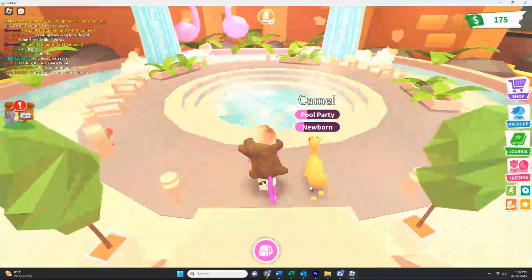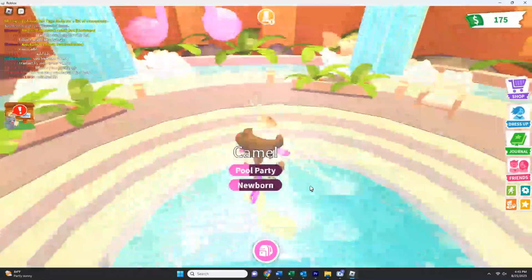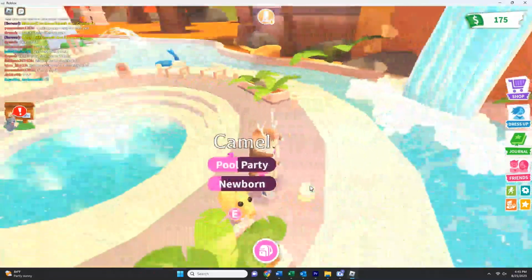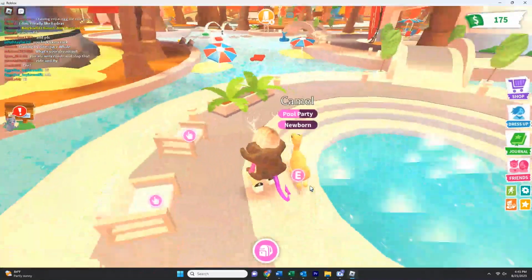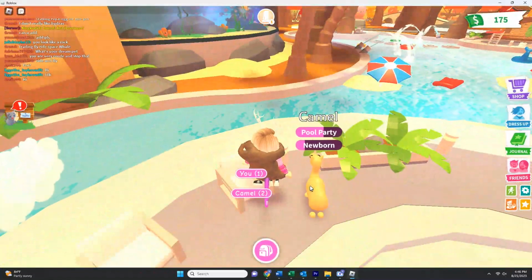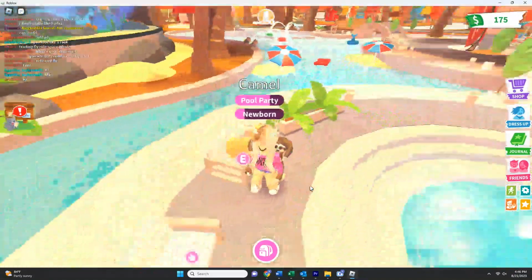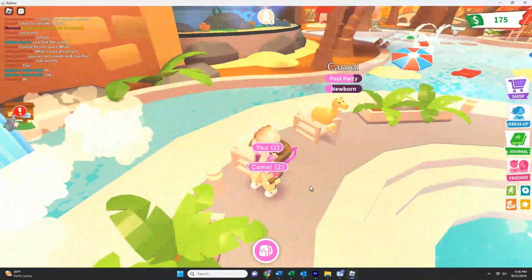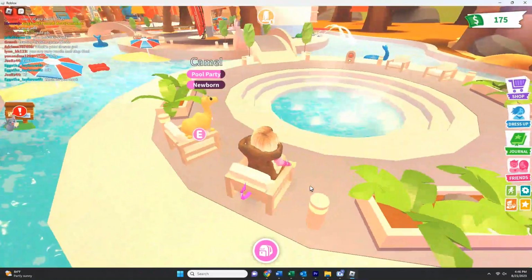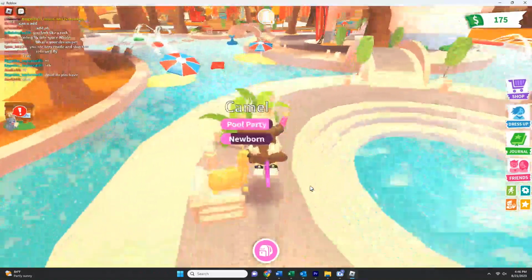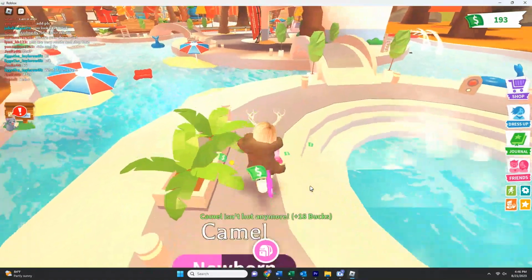If you look in the upper left-hand corner, you can see that is the in-game chat. That is where anyone that is currently in this server playing, so those 48 people that can be in a server at one time, can all interact with each other in basically a big group chat. So you can look over there and get an idea of the kinds of things that people talk about during the chats. Again, I haven't seen anything really much other than people talking about which kinds of pets they want to trade with other players. So basically that's it.